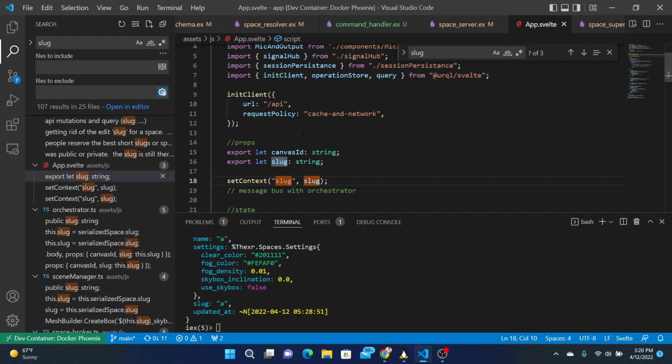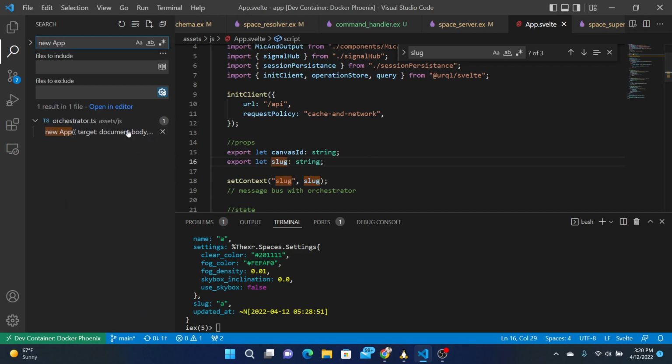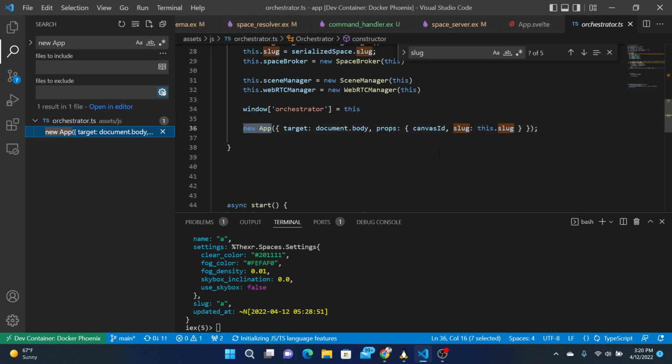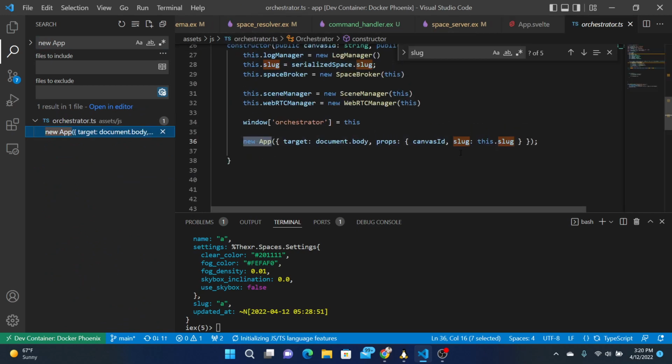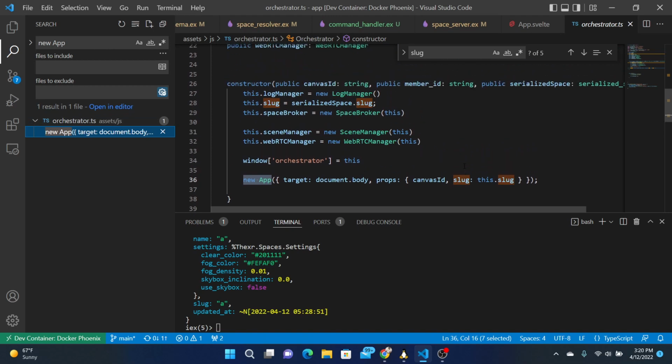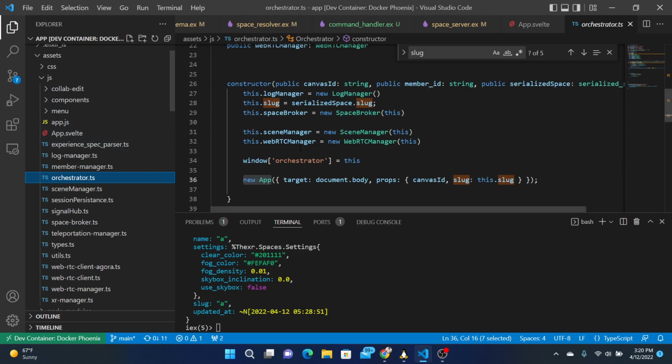Okay, so app Svelte expects it to be passed in and then it stores it for a context for any children. So who sets it for new app? So we look at new app. There we go. We have this, and then we have this slug thing here. So slug is all over the place. Serialized space gets used with slug. Sure. Lots of places to update.